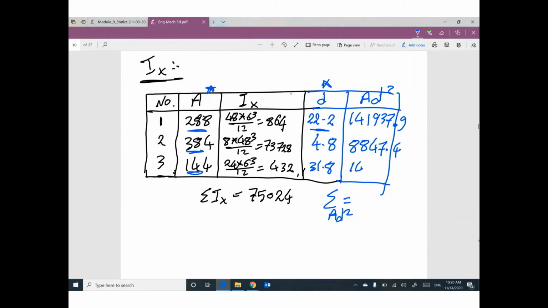This one will be this number, 145,618. Go ahead and get the summation for this column. The total will be